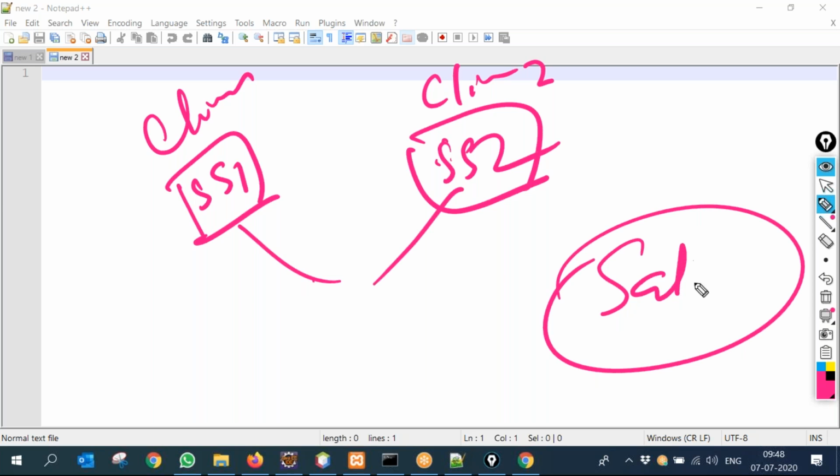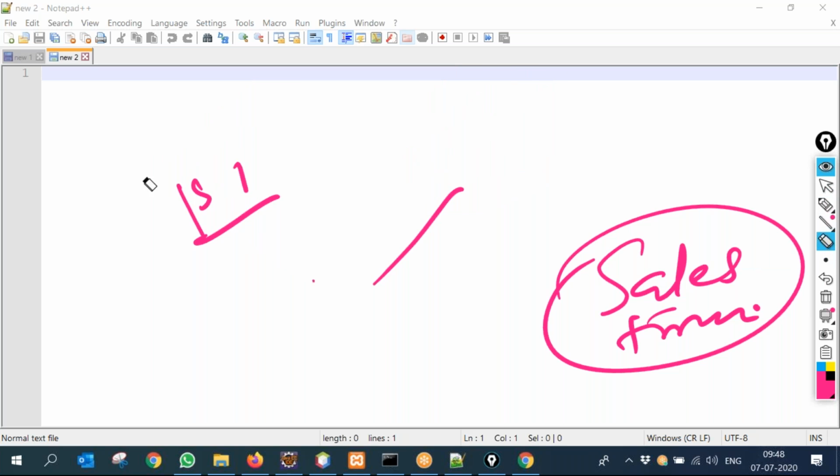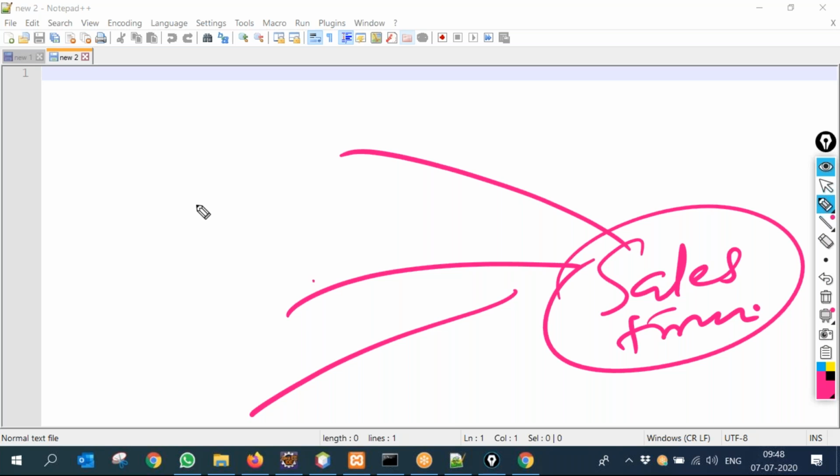So came something like Salesforce. What they did, they have one server and they started subscription. Don't install anything. What do you have? Client 1, client 2, client 3.